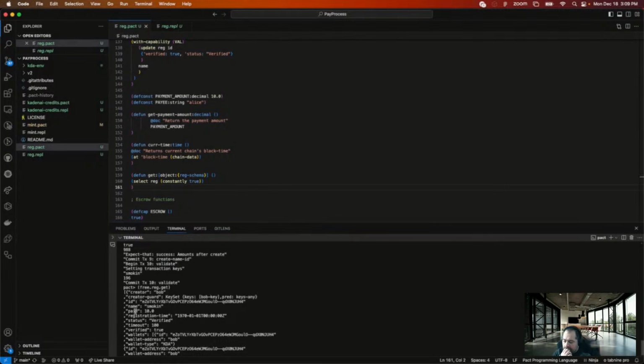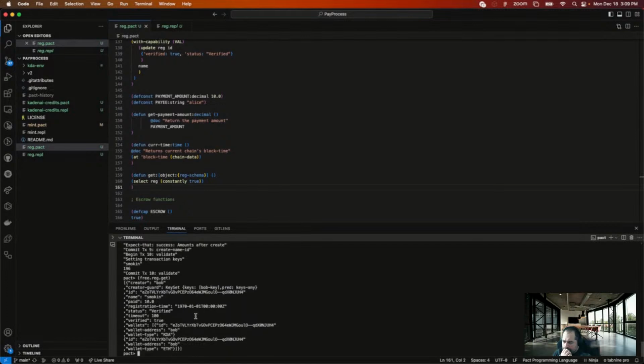So paid. This is our ID. Wallet address.